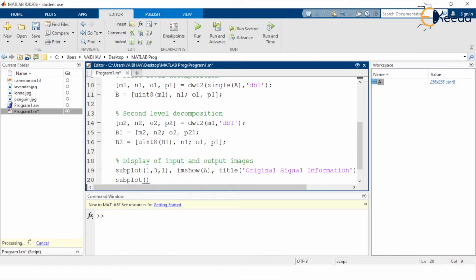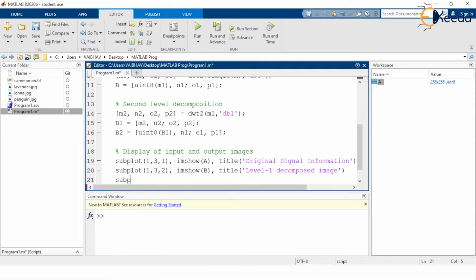So subplot 1 comma 3 comma 2, and again we use the imshow command, and this time the input argument will be capital B, and outside we provide the title to the specific cell as done before. Here we shall write label 1 decomposed image,